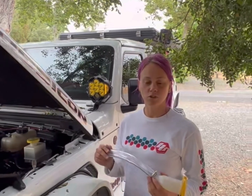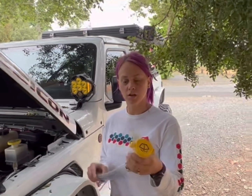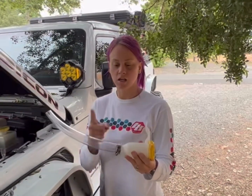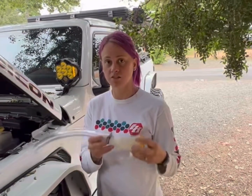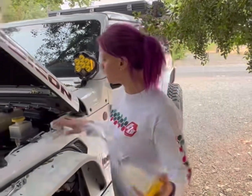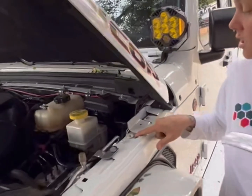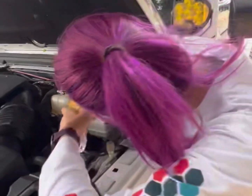Final step here with the washer fluid. We are going to reuse the filler cap from the original tank. What you have to do is cut this off of the original tube, but make sure that you leave enough space in order to crimp this back down so you have a good seal. All right, so then you're gonna take this out. You have a 10mm bolt that you take out here. It's in your factory frame. And then you just slip this down into the new